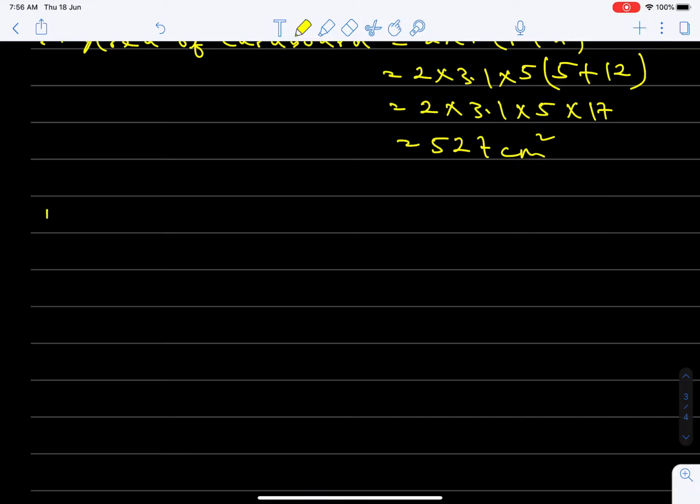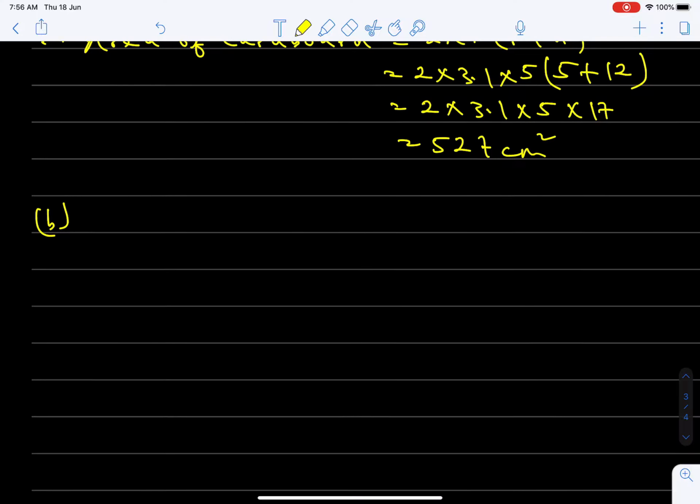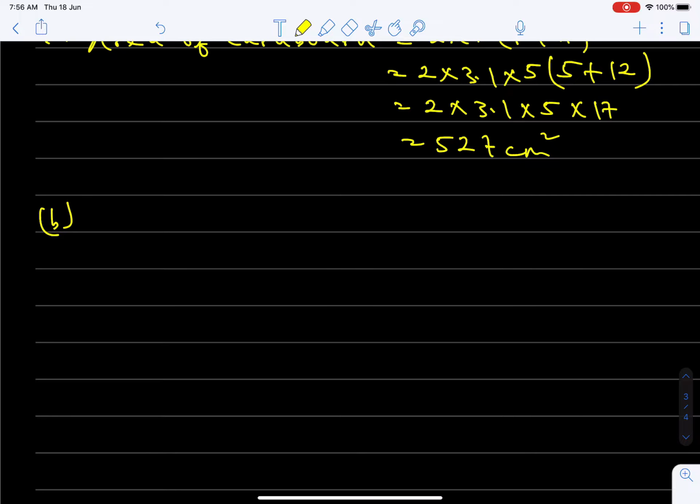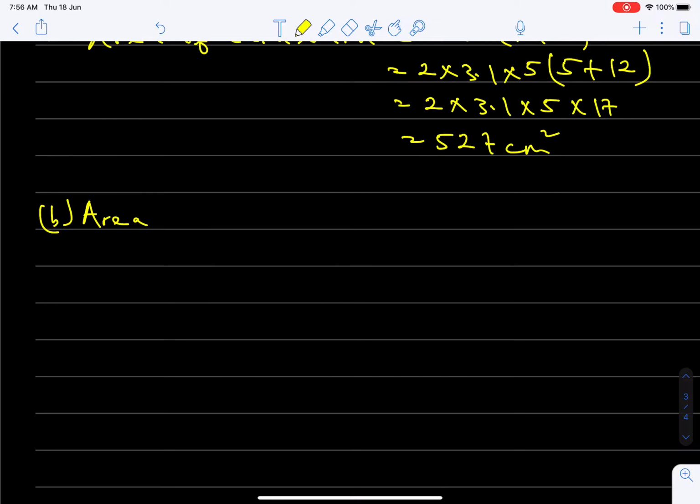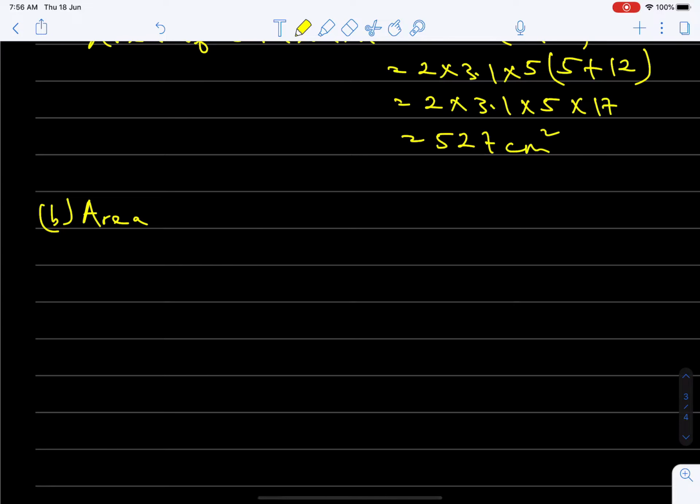Now B, what's the area of cardboard needed to make a cylinder open at one end? Here, surface area. In this case, the area of cardboard needed, the area here is going to be that of just one circular face plus the curved surface area, because the cylinder is open at one end. So area of cardboard,